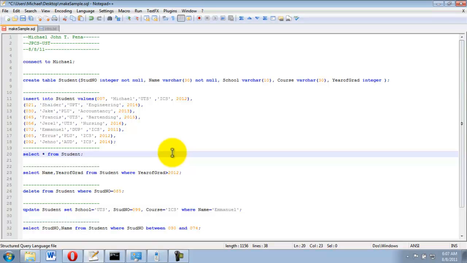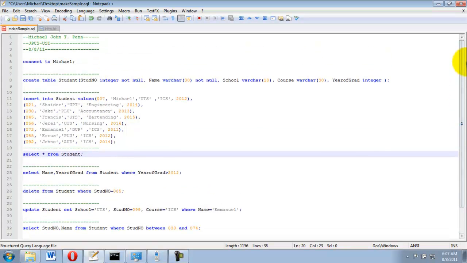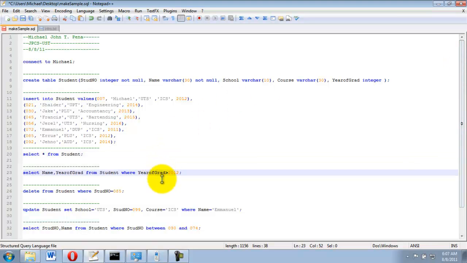Then actually there are many select functions that you could use to select only a sample of the total records. For example, in this one, you want to select only those who will graduate in 2013 onwards.